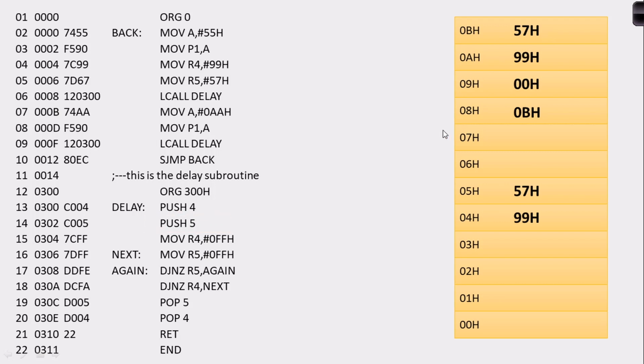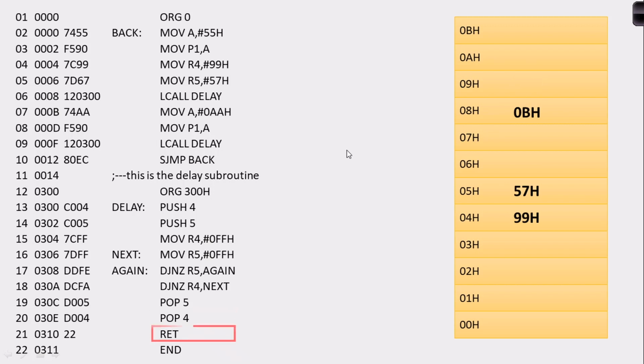Now if you look at what happens with the pop, there is a pop instruction, so the 57 data that we had has been removed. In a similar way, in pop 4, the content has been removed. After pop 4 we have the return, in the sense that the address locations will be loaded back to the program counter.